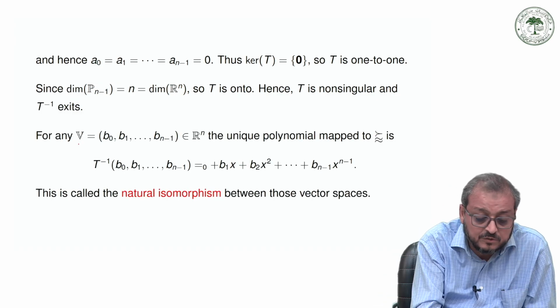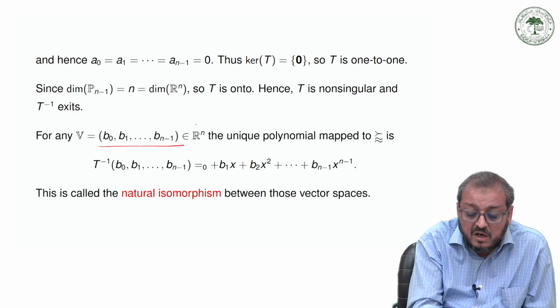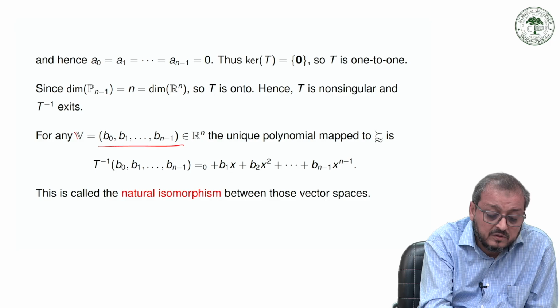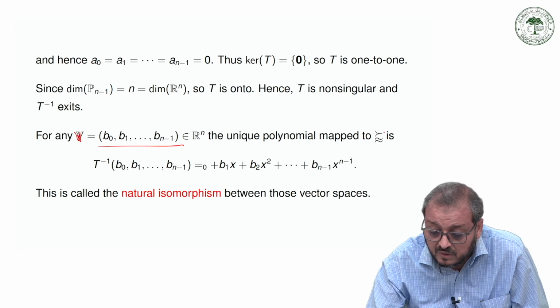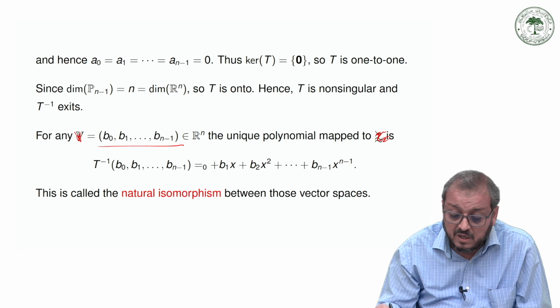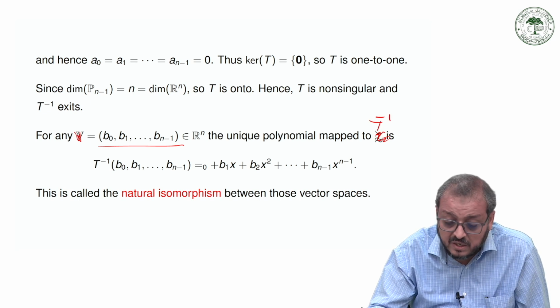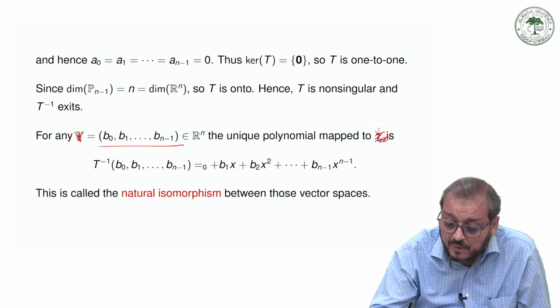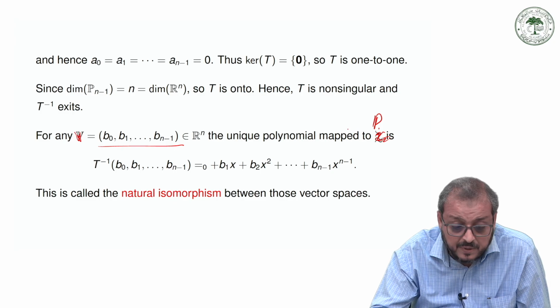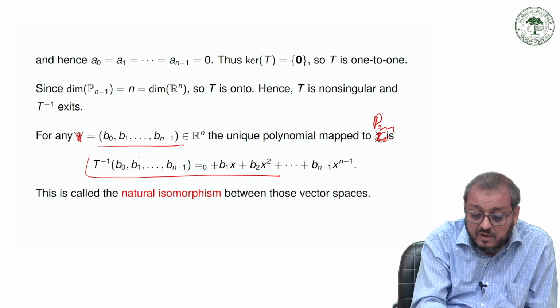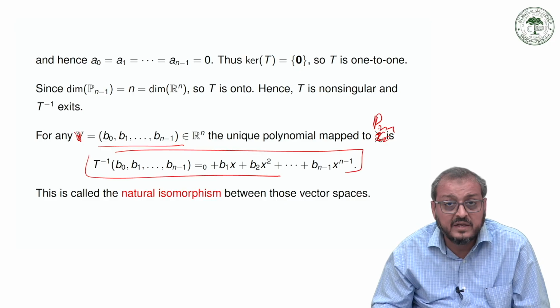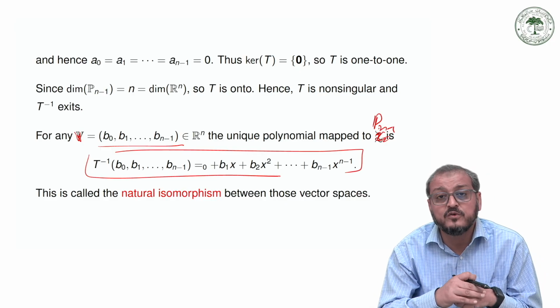T inverse exists means for any bold v belonging to R to the power n, this maps to p(n minus 1), which is T inverse of this up to this, and this is called the natural isomorphism between these